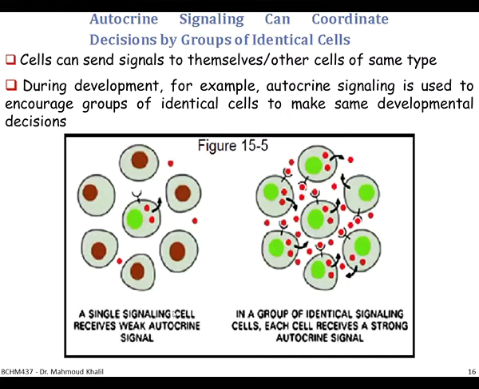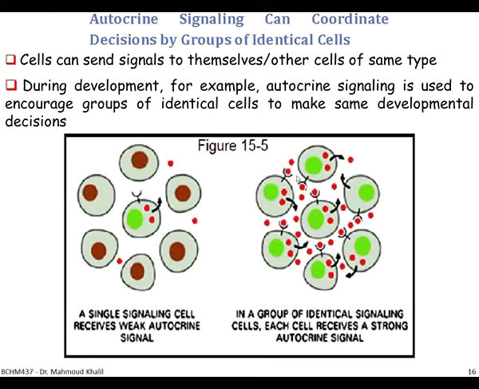So you can see in this diagram how this cell can secrete this secretory molecule represented by the red dots. And this secretory molecule will have a receptor on the same cell. And you can see initially the cell with green nucleus is different than the cells with brown nucleus. Once this signal is released from this cell, it will affect the nearby cells.